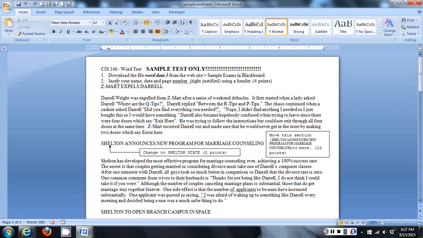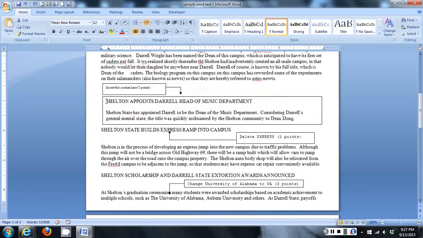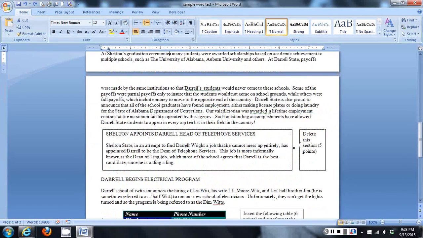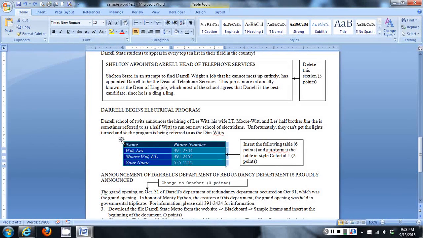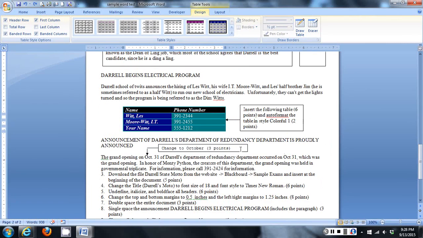So just to review what we talked about, we discussed how to insert a header. The boxes here, you learned how to move text around, edit text. We insert a new section, learn how to delete text. We deleted another section. Inserting a table will be important. Auto sizing this table to fit the text will be very important. Applying a style will be very important, by selecting the table and then going to the Design tab and finding a style, as will be instructed on the test. Let's see. That's more editing